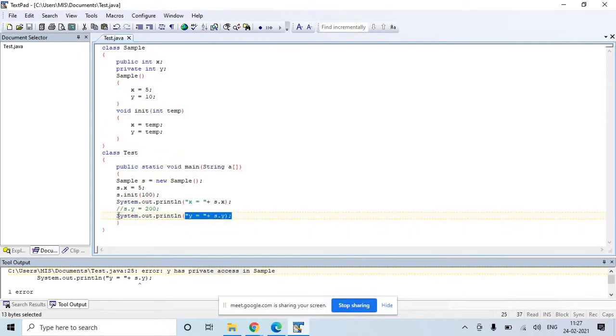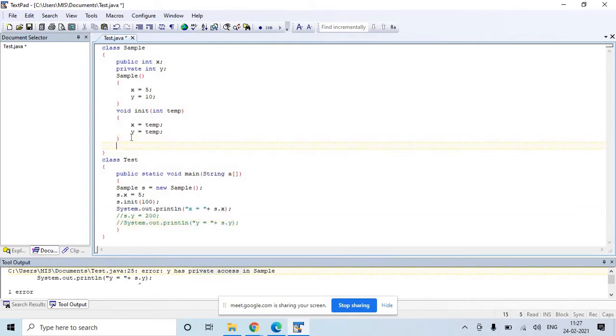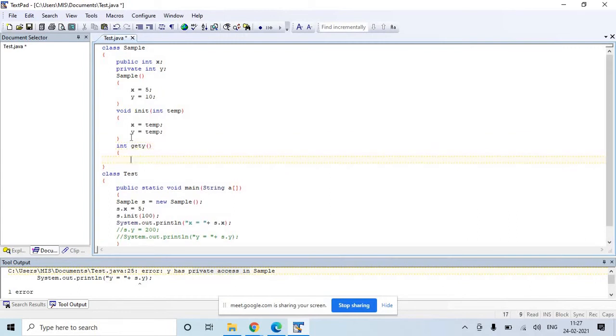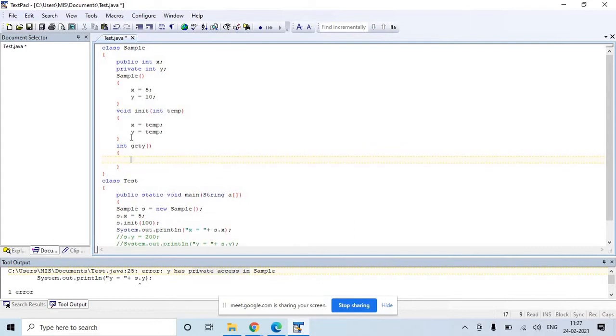So how to display the value of y? You need to write one function, int get y, and that function will return the value of y.